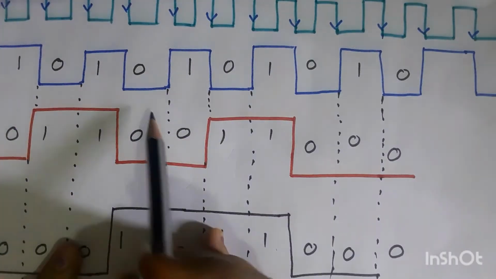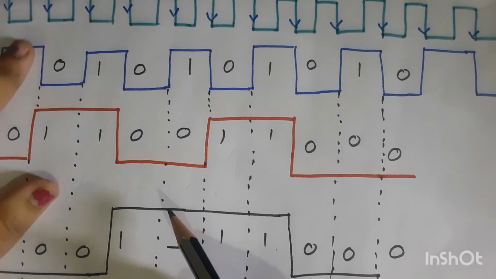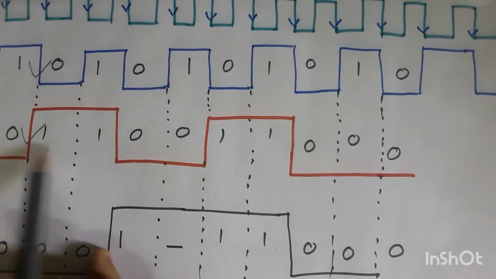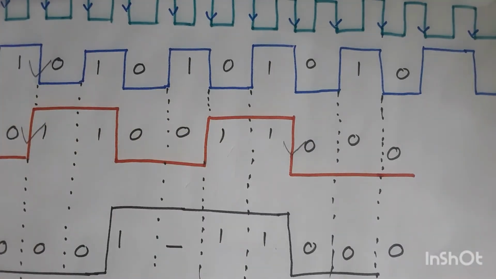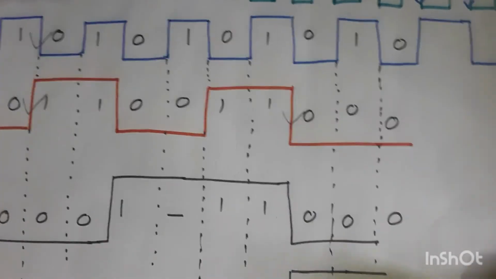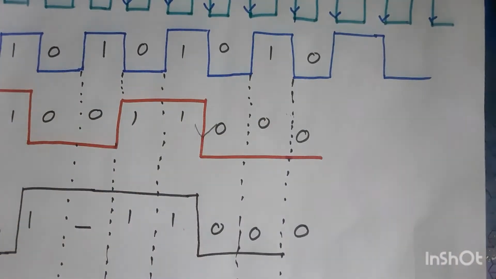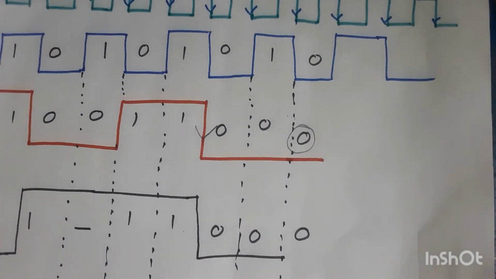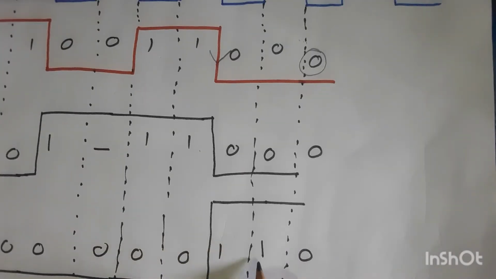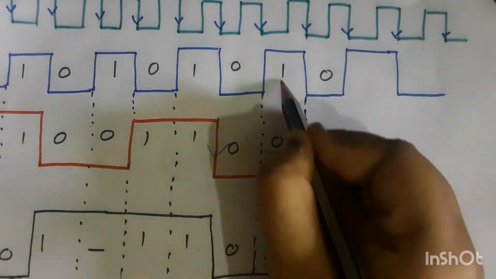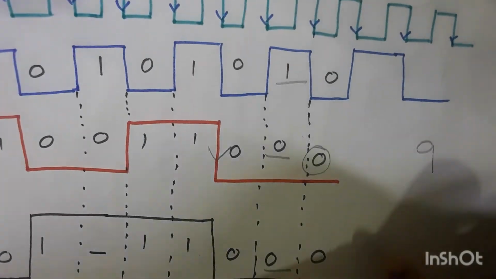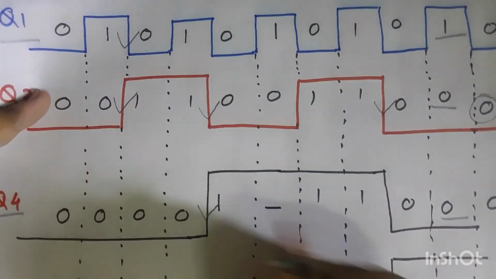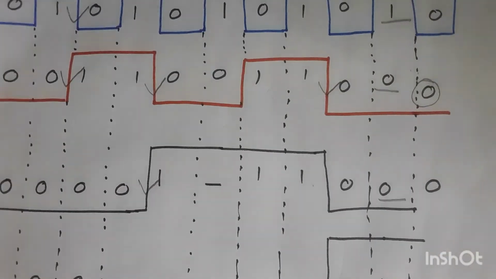Whenever the 1 to 0 transition happens for Q1, Q2 will toggle till the point 7. But after that, at this point, no toggling will happen. It will remain at 0. This is the condition where 1, 0, 0, 1, the 9 value, is coming. Now Q4 will toggle whenever Q2 toggles from 1 to 0. Correct? Q4 will toggle.